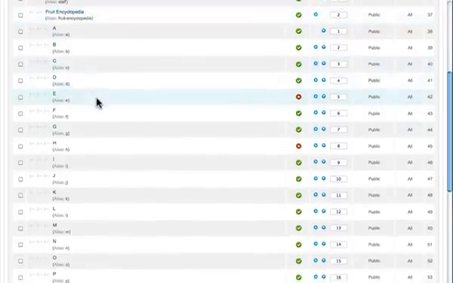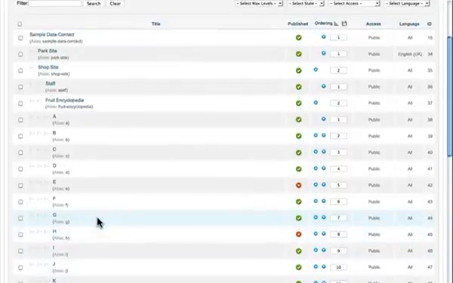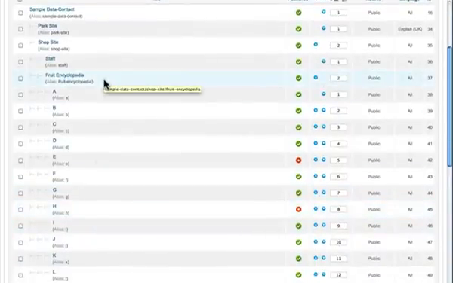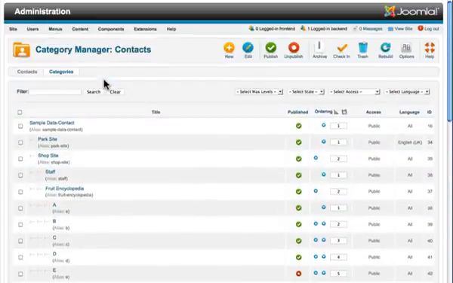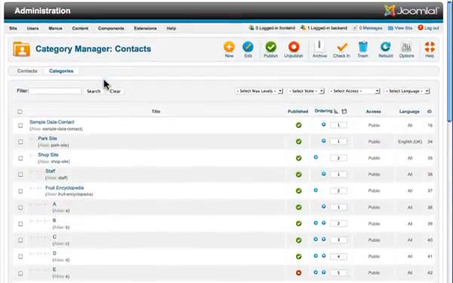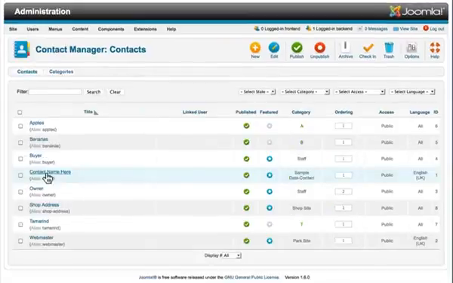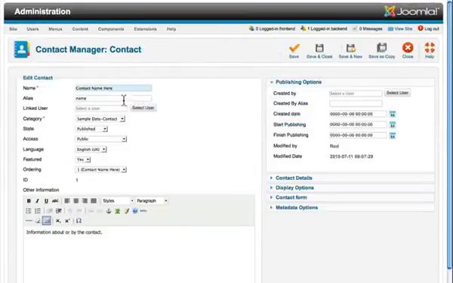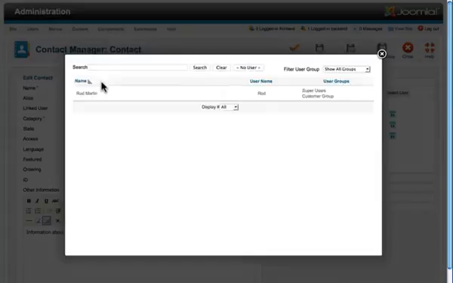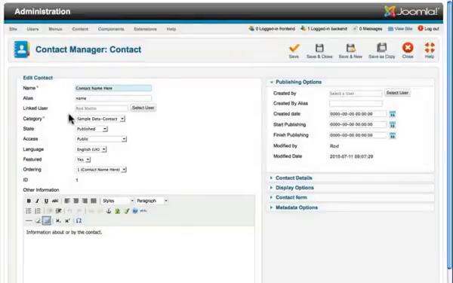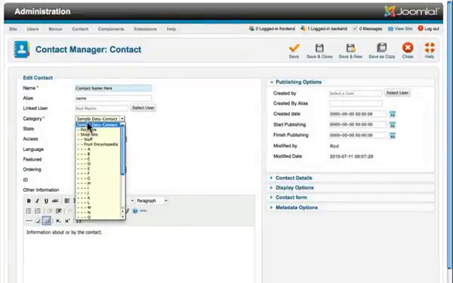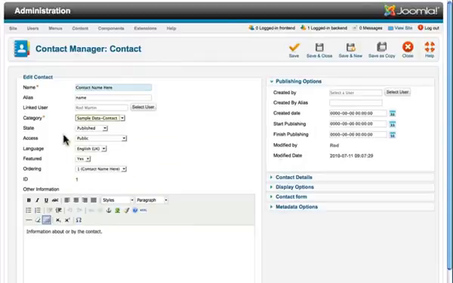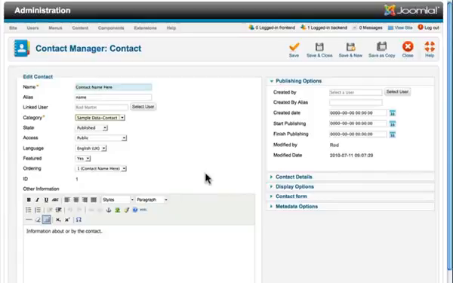We could create a category for each letter of the alphabet, and then contacts could be used as wiki articles in each category. Well, let's take a look at normal contacts, and then we'll look at how this wiki thing works. Here's a normal contact. The name, the alias, link it to a user if you want, what category it goes in, much like an article, whether it's published, whether it's public, is it featured,